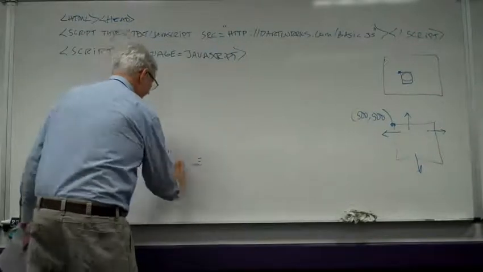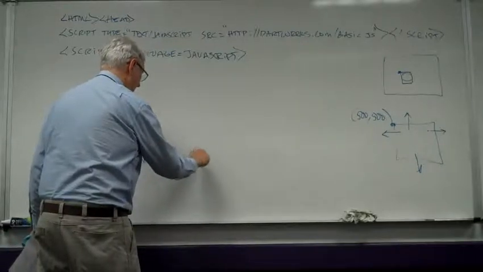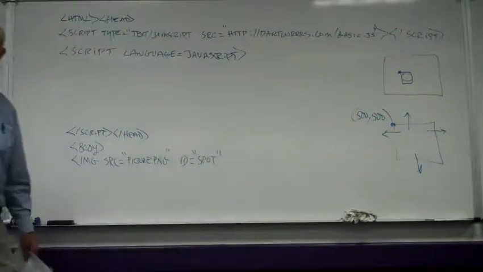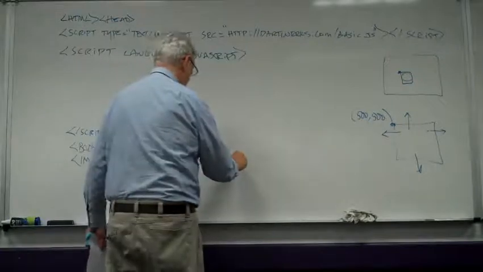And, oh, I'm sorry, one more thing before I do that. I'm going to say I want it to have an ID, and I'm going to call it spot. I'm giving it the name spot, okay? That's the name I'm giving this picture in my program, ID is spot. Okay, then I say that I want the style